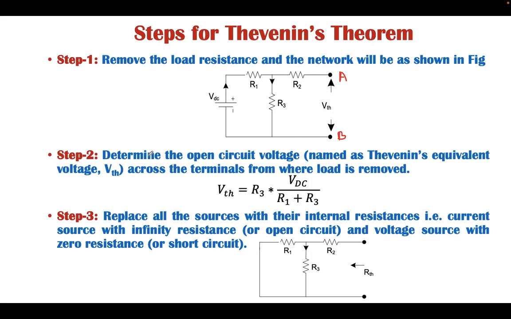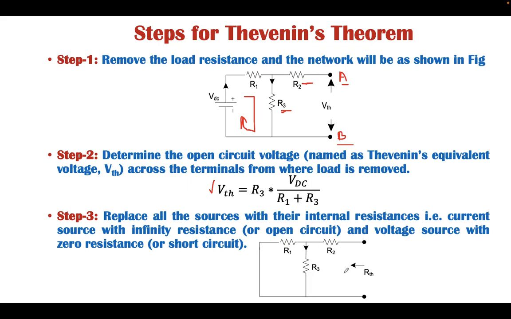Now we are in the second step: calculate the open circuit voltage across terminals A and B, and that voltage is calculated using this network. Since the current flowing in this element will be 0, whatever voltage appears across R3 will be the voltage across terminals A and B. This can be calculated by knowing the current of this path, then multiplying that current with R3, which gives the voltage across terminals A and B, and that is nothing but, according to Thevenin, the Thevenin voltage.